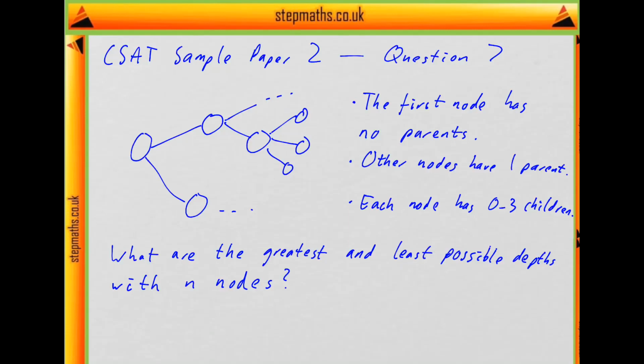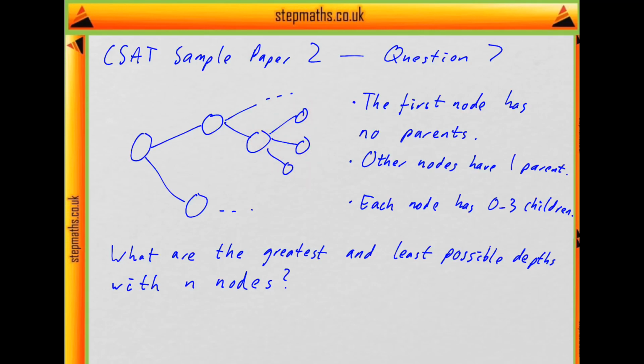This is question 7 from the second CSAT sample paper. So here we're looking at trees. That means we've got points and connections between them. And we'll say if this point is to the right of this one, then this is the parent and that's the child. And this is called a ternary tree in the question because there's at most 3 branches coming out to the